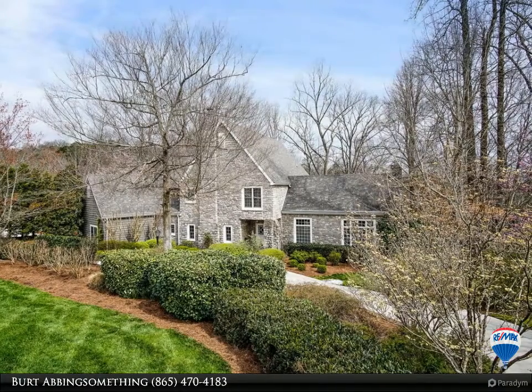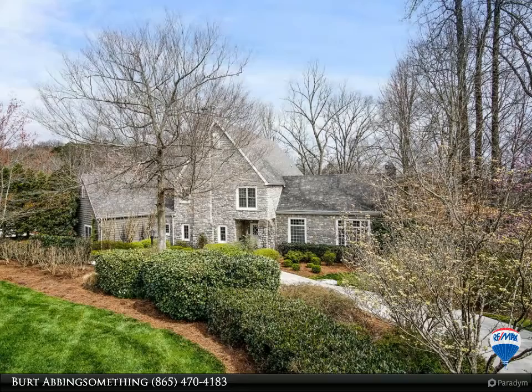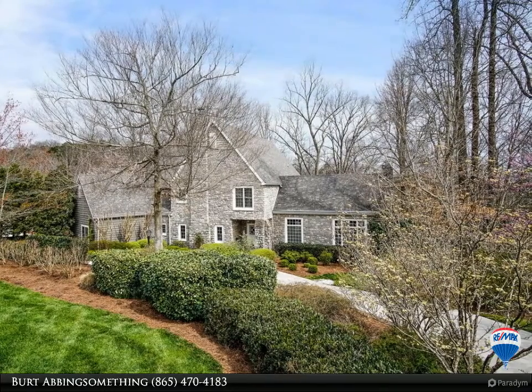You do not want to miss this opportunity, barely outside the city limits and just minutes to shopping, dining, interstate, airport, UT, or